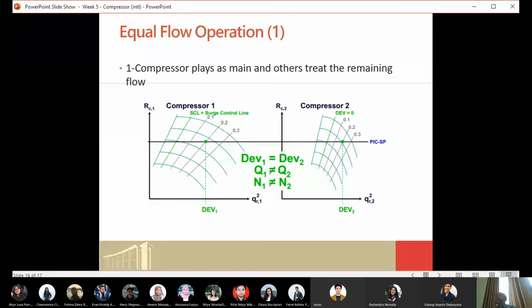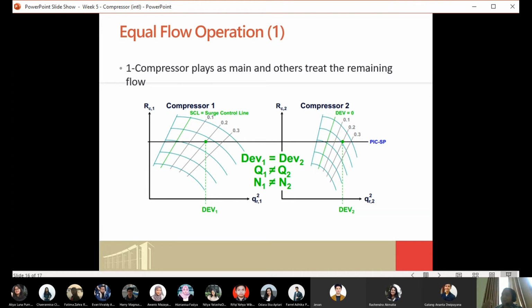I have experienced visiting industrial plants that operated in equal flow, and sometimes they use the main swing operation. So again it depends on the conditions in that area, which type of compressor they have, whether the compressor is old and relatively new, so they have to conduct the main swing, or the compressors are actually the same.